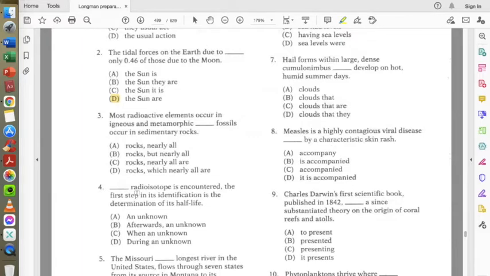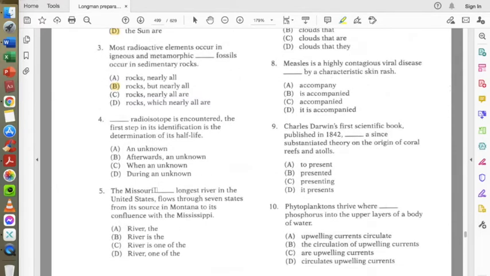Definitely want rocks. That's A, B, C, and D. But we need some sort of conjunction here, but nearly all fossils occur in sedimentary rocks. Looks correct. We want a conjunction because we're after the comma here. We're starting a new clause. And it's not a relative clause. We're not describing the rocks. So we're not going to say which, but is our correct starting point for that new clause. But fossils occur in sedimentary rocks. So we've got radioactive elements in two types of rocks, and in contrast, fossils occur in a different type of